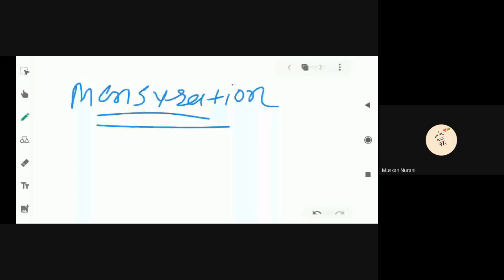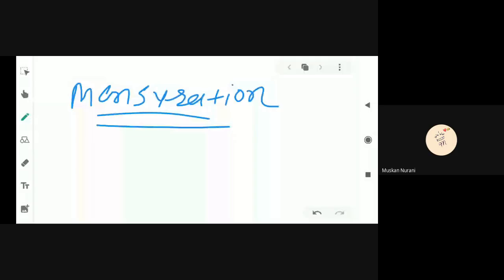You already studied area, diameter, clearance, total surface, curved surface, flat surface, two-dimensional, three-dimensional. There is a lot of theory about mensuration that you already studied in fifth, sixth, and seventh standard. So this topic is not new. We have to do this topic as you did in fifth, sixth, and seventh standard.